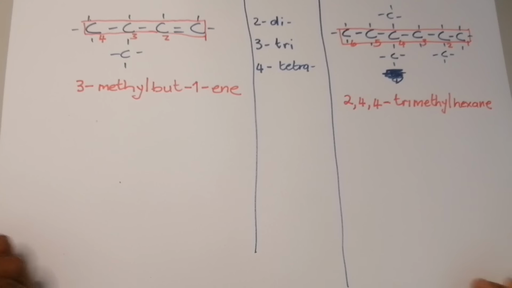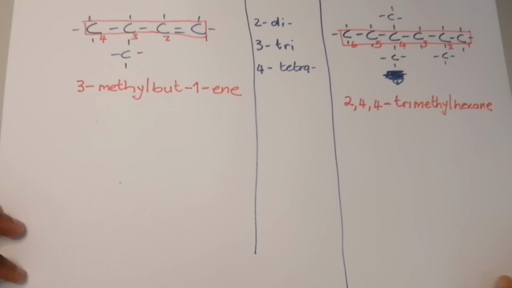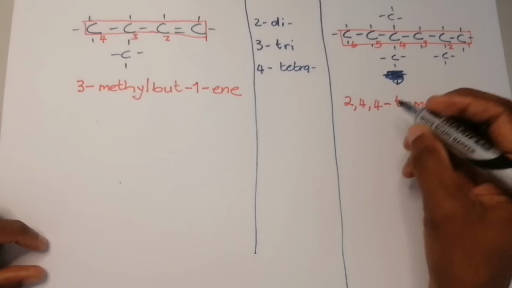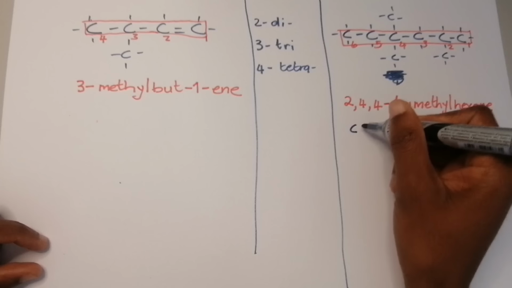All right, I hope you get the gist of that. So that's 2,4,4-trimethylhexane. You can see that clearly there. Okay, if you wanted to write it down in condensed formula,